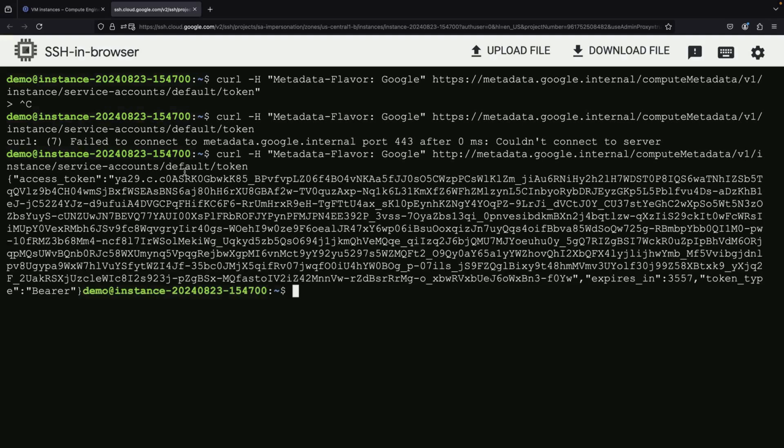When we send a request to this endpoint specifying that we're using the default account for this VM, we receive a token. This token is what allows our VM's service account to authenticate with other Google Cloud services. Let's break down what's happening here. First, our VM, using its assigned service account, reaches out to the metadata server. Next, the metadata server provides a bearer token. Finally, this bearer token can then be used to authenticate the service account when it needs to access other services,